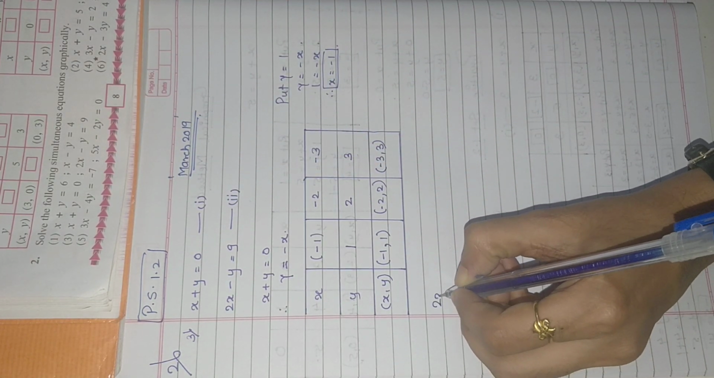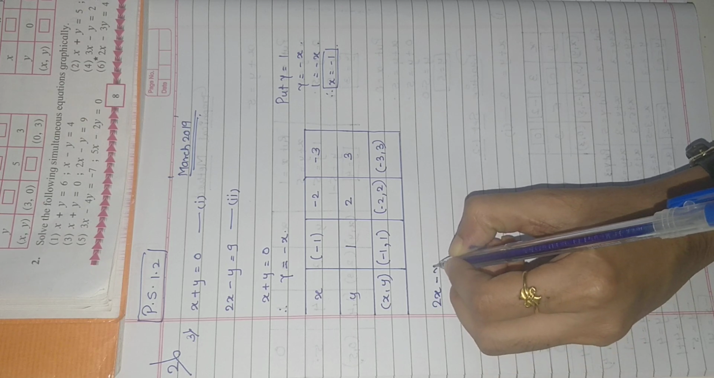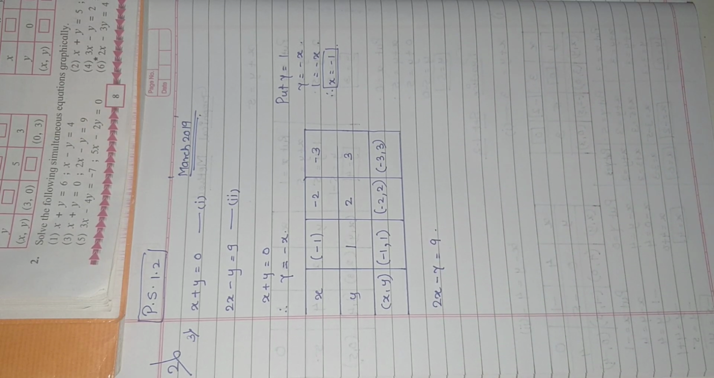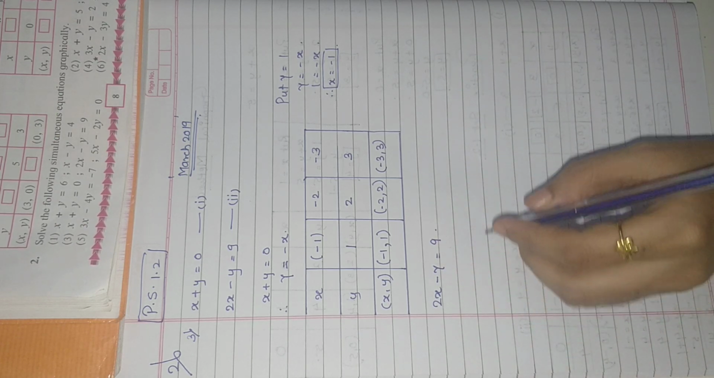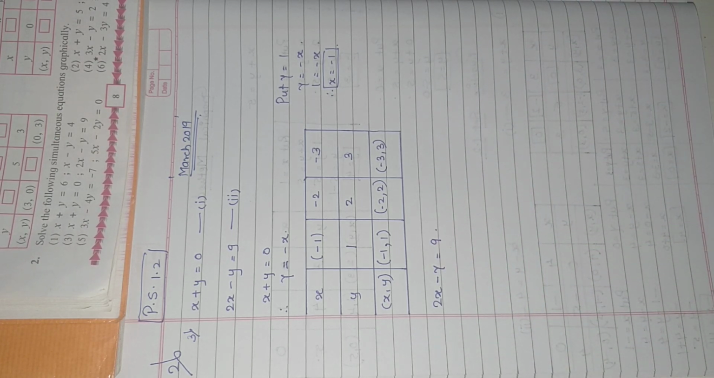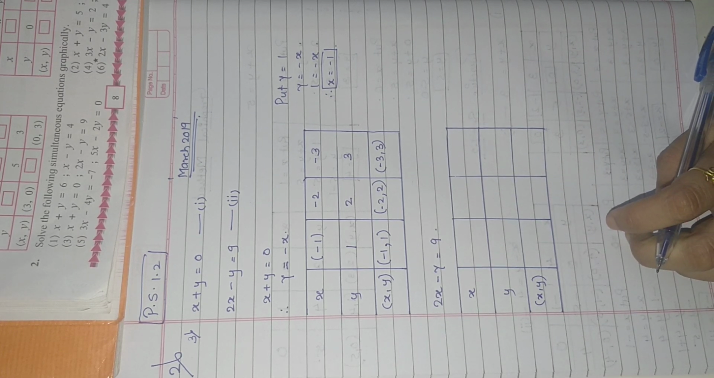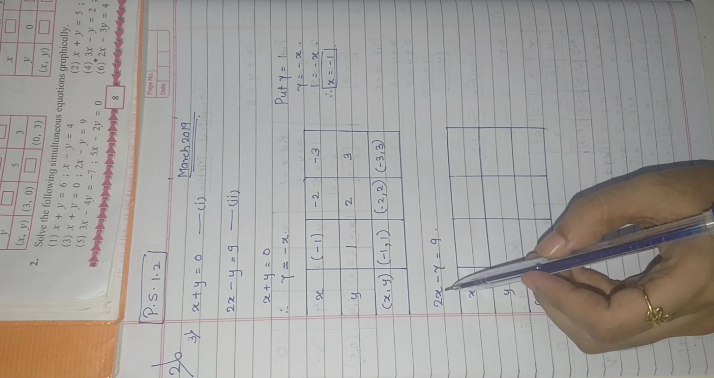What is the second one? 2x minus y is equal to 9. Okay. So let's draw the table here. Now focus on the second equation. It's 2x minus y is equal to 9. Now what happens in this equation is,